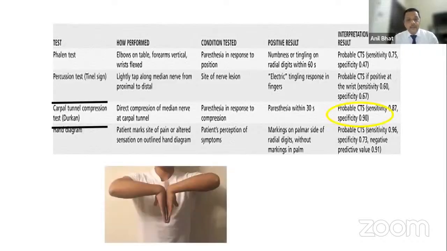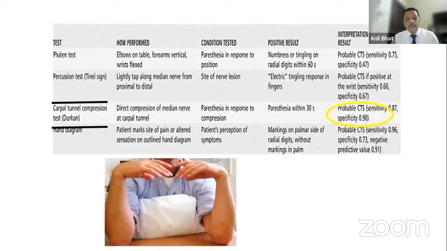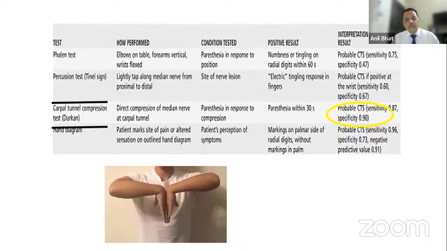A lot of people do it like this, but if you look at the original article of Phalen himself, this is how he describes it. A lot of times we don't have a table to ask the patient to sit and put the elbows like this, so we just do the first one like this. But this is also okay, but make sure all your provocative tests are done for 60 seconds